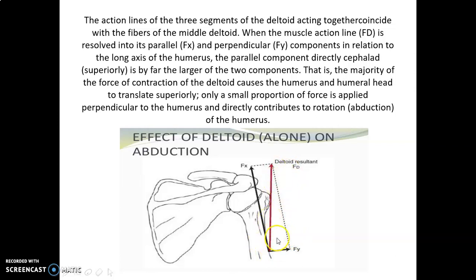But even so, you can see that the resultant pull is still longer compared to the rotational abductor segment of the deltoid. That means there is still a superior translatory force which is more prominent than the abductor force. So that can actually create a superior translatory motion of the humerus, but it does not happen. How it does not happen, I will be talking about in the next slides.